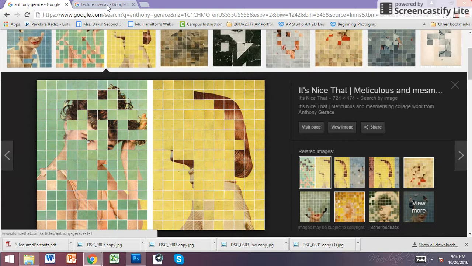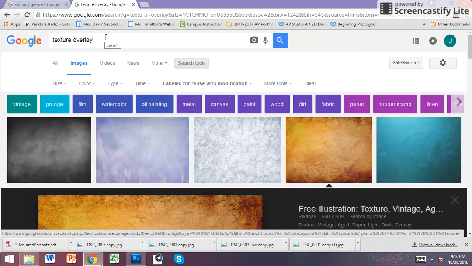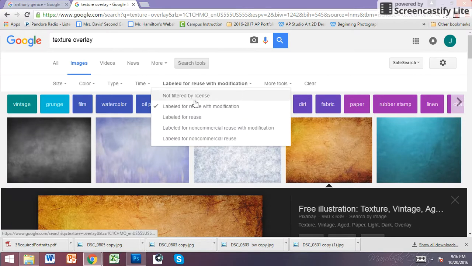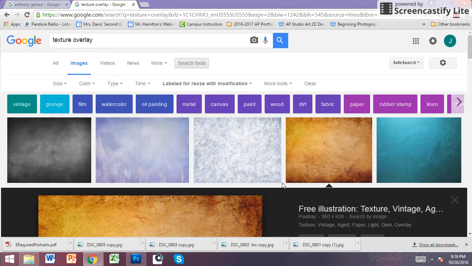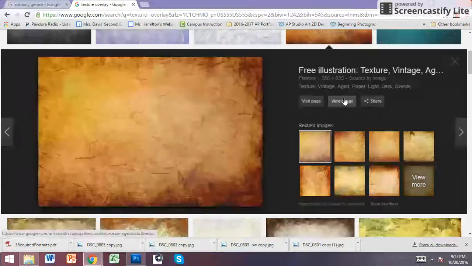So what I decided to do is I searched in Google texture overlay. And because I'm going to be using this, I went to search tools. So that's not usually showing. So in my images, I went to search tools and I clicked right here and I chose labeled for reuse with modification, or labeled for reuse would be fine too. Basically, it's saying that I have permission to use these images. So I don't want to see everything that's there, not filtered by license. I want to see everything that's labeled for reuse. And so that's already been filtered and I like this texture, kind of looks like crinkly paper or something. So I'm going to view it